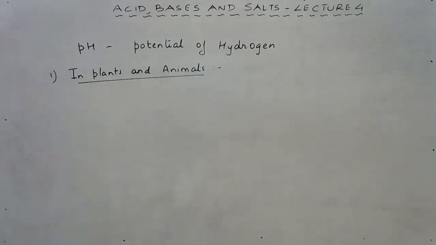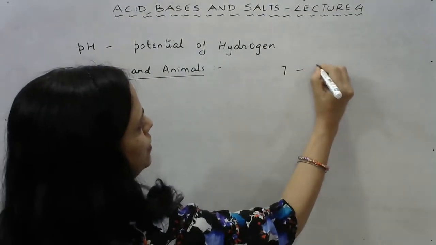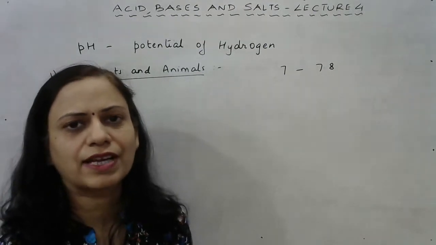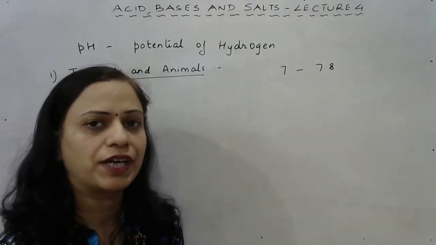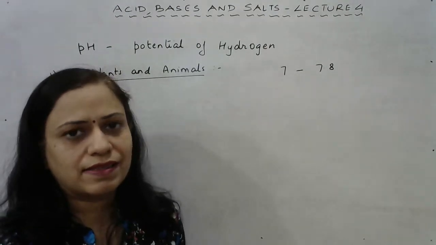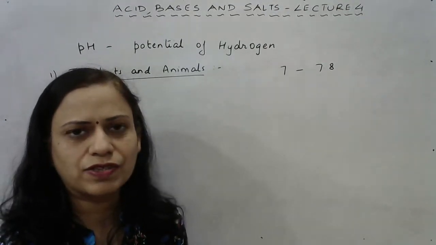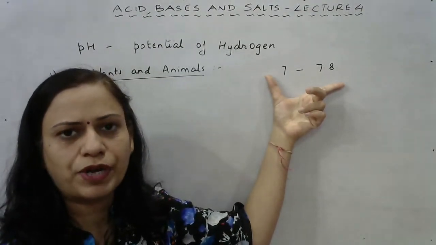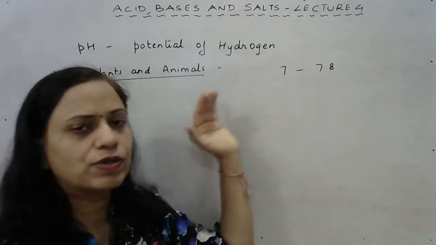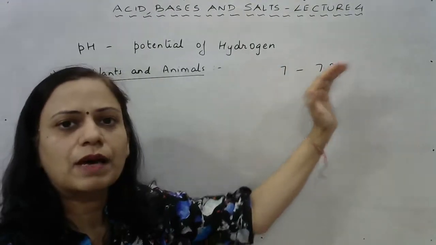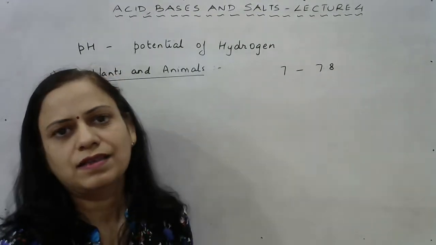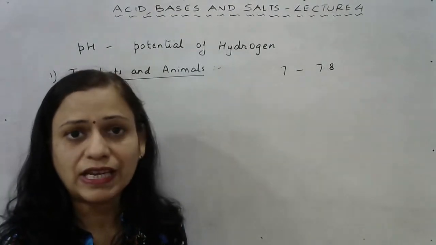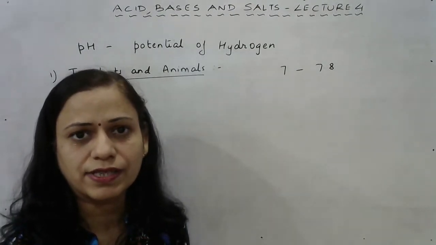Our body has a pH range of 7 to 7.8. We all know that there are some chemical reactions or biochemical reactions which are going on in our body. These reactions or these enzymes or whatever things are involved in these reactions, they function best only between this pH range, that is 7 to 7.8. If the pH falls below 7 or the pH goes above 7.8, then these processes are not able to function normally, and it creates a problem which can even lead to death. So it can be that much dangerous, right?